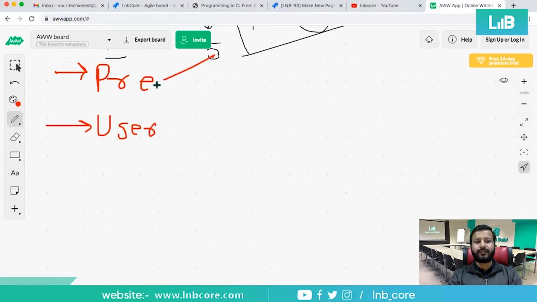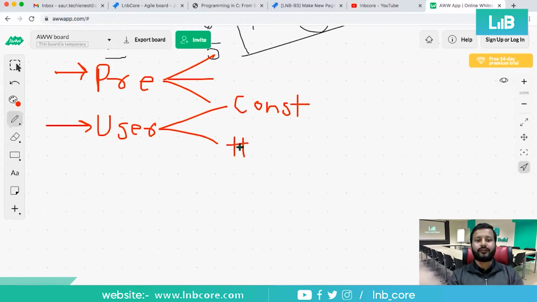In predefined, there are multiple constants which have already been defined, and similarly in the user category we have two different methods. One is const itself, which is a keyword, and the second is hash define.